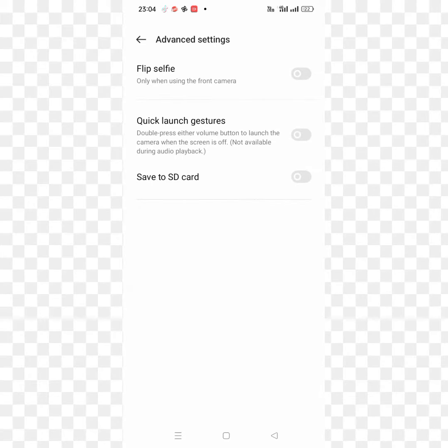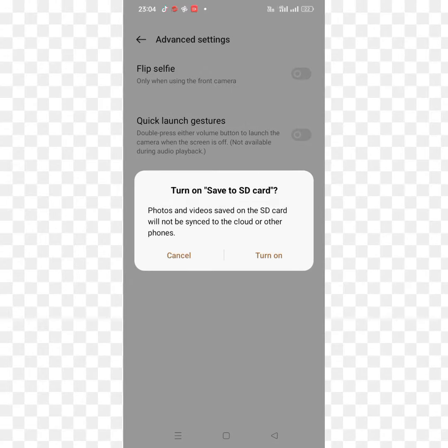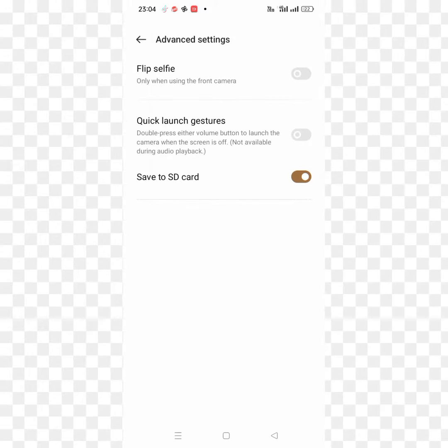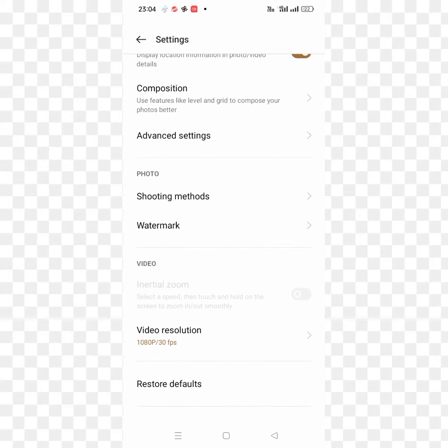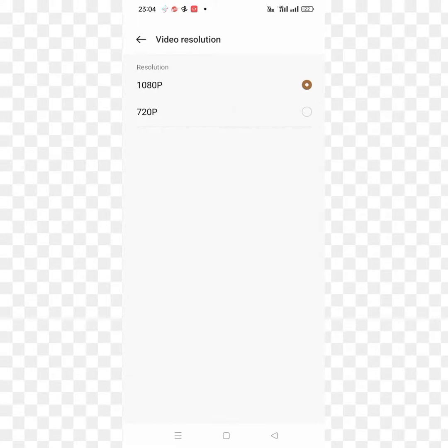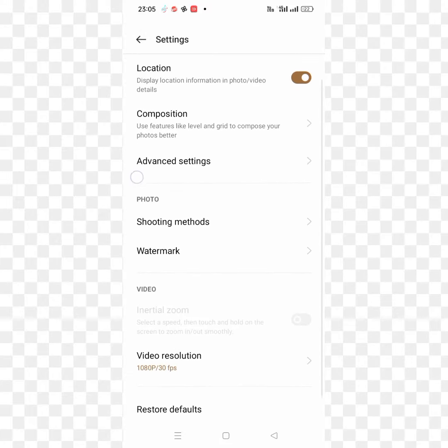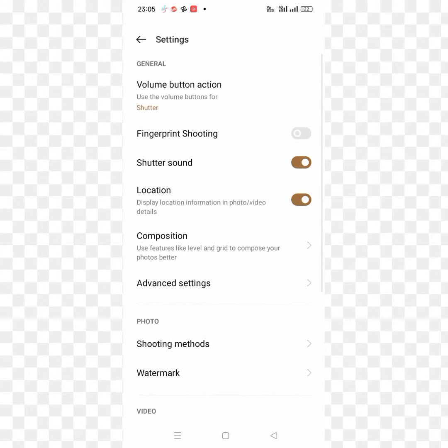If you want to save your pictures to the SD card, then turn on this toggle and go back. From here you tap on Video resolution, tap on this. From here you make sure that you select 1080 pixel, and if you want fingerprint shooting, then turn on